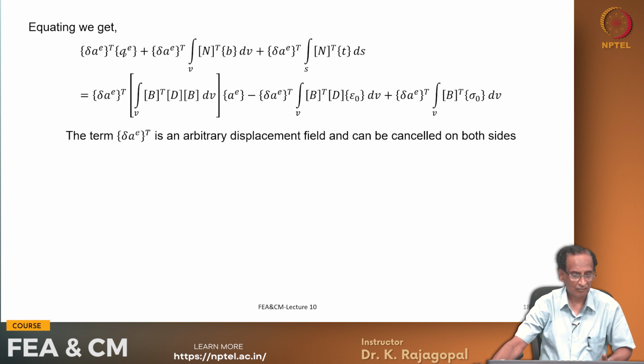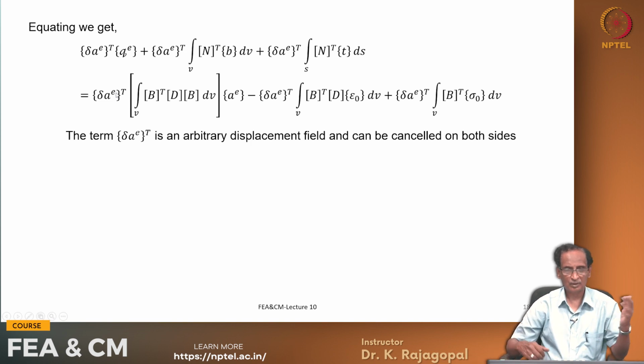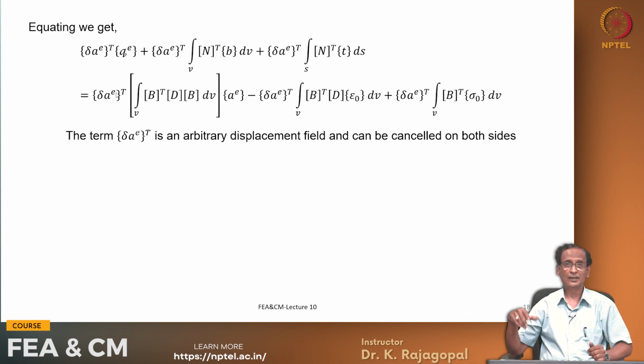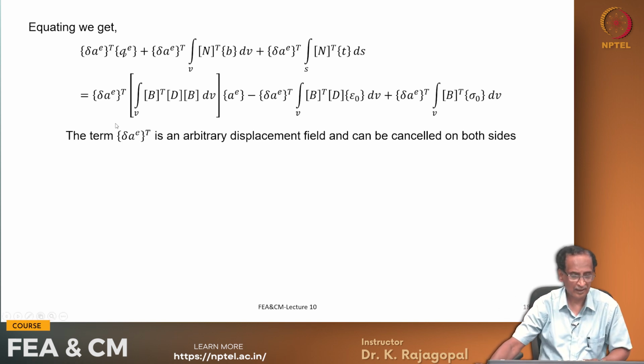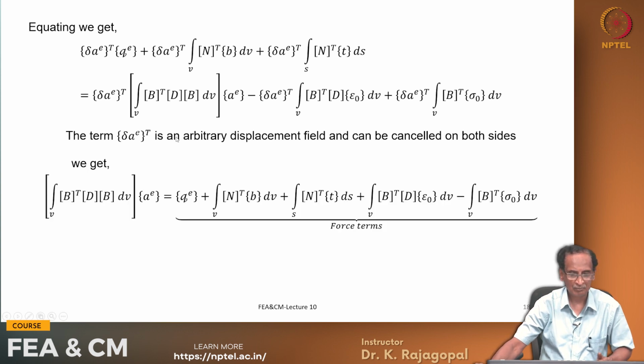And so, this delta AE transpose is common on both the left hand side and also on the right hand side. So, we can cancel them out on both sides. So, we get